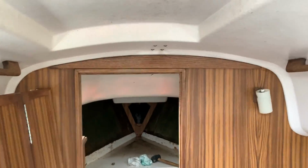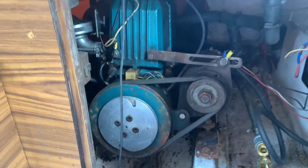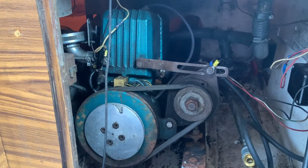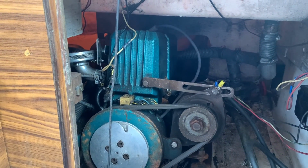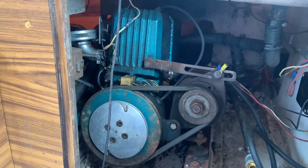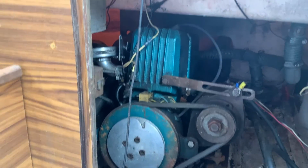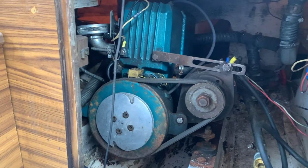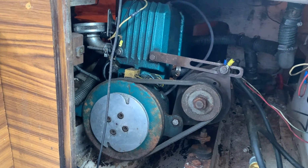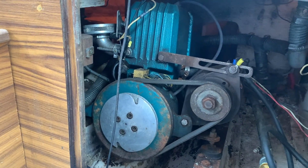Okay, so we're back in the boat here. So far everything checks out pretty good. The motor down here, the Fire 7 motor, is a 2-stroke motor. It runs when I put a little bit of gasoline down in the cylinder, only till it burns off that gas, and then it doesn't continue going. So I would say there's something wrong with the carburetor. She's been lying up for a long time now, maybe 8 to 10 years, so I think the carburetor probably needs a good cleaning. So what I'm going to do right now is take the carburetor off and try to get it clean, maybe